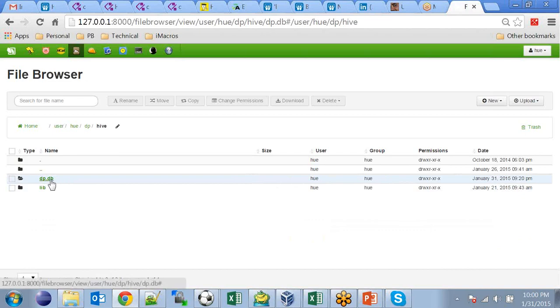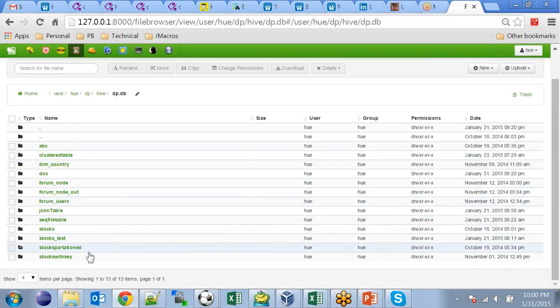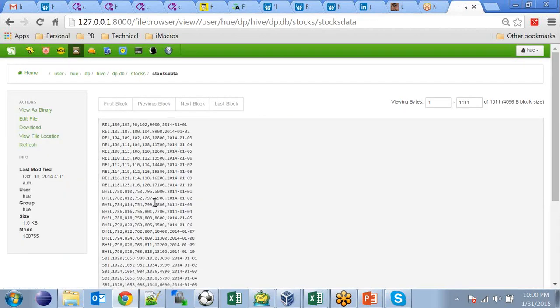So this is the location at which my DP database is pointing to. While creating the database, I've given this location. And let's say some comma separated file, stocks. Is this a comma separated file? Yeah. So this is a comma separated file, and see, this file has stock name, open price, close price, average price, cost, 3 or 4 different types of price, volume, and the date, the trade date. So this is a stock